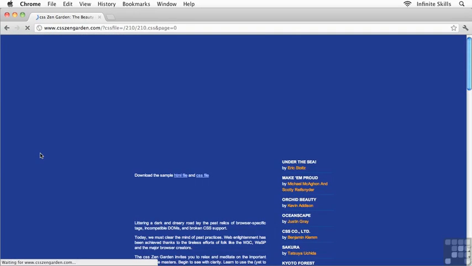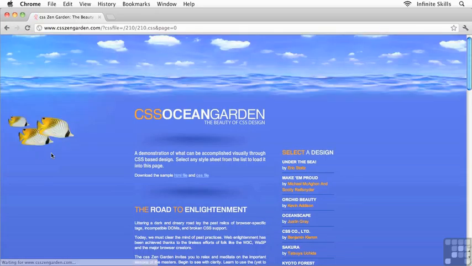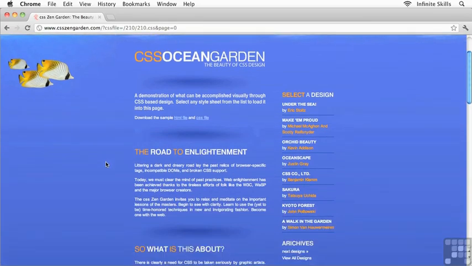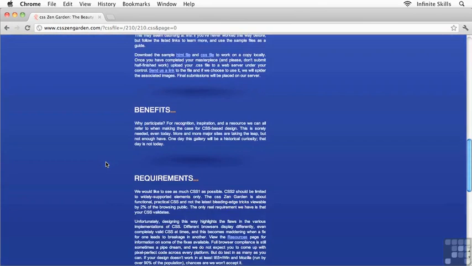Oceanscape, that's another neat one. Go and choose that one. And we wind up with something like this. This is all being created, all being driven by CSS. But the point that I want you to take away from all of this is that CSS is the dress